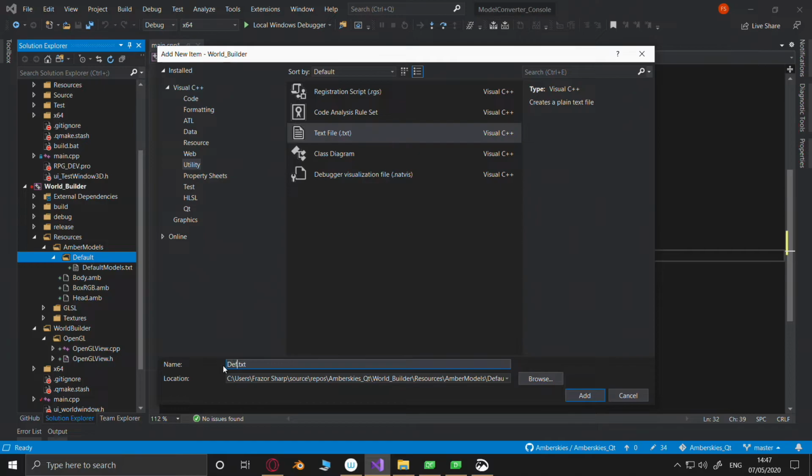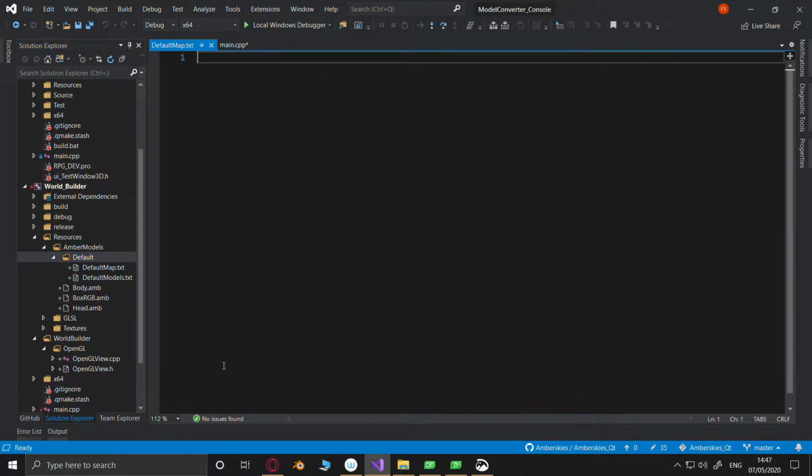And that's going to be default map.txt. This file will contain models for the default map.